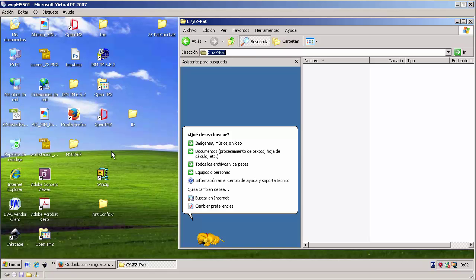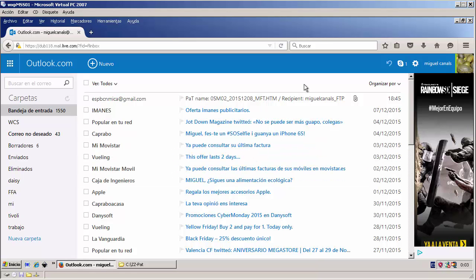Okay, so once the project manager has created the PaT file, if you remember, there was an option to send an email. So the normal flow will be that the translator, when he or she checks the email, will find an email that is called PaT name and then the PaT name, and if I open the email,